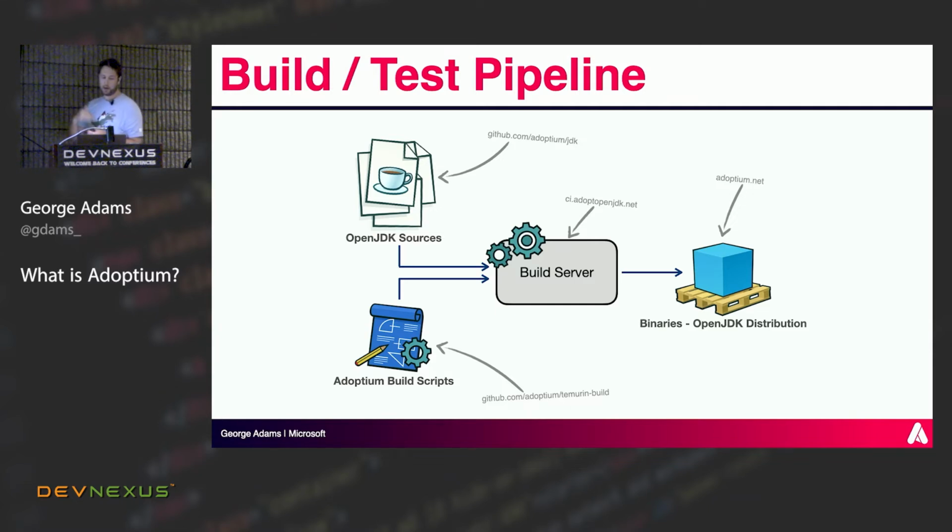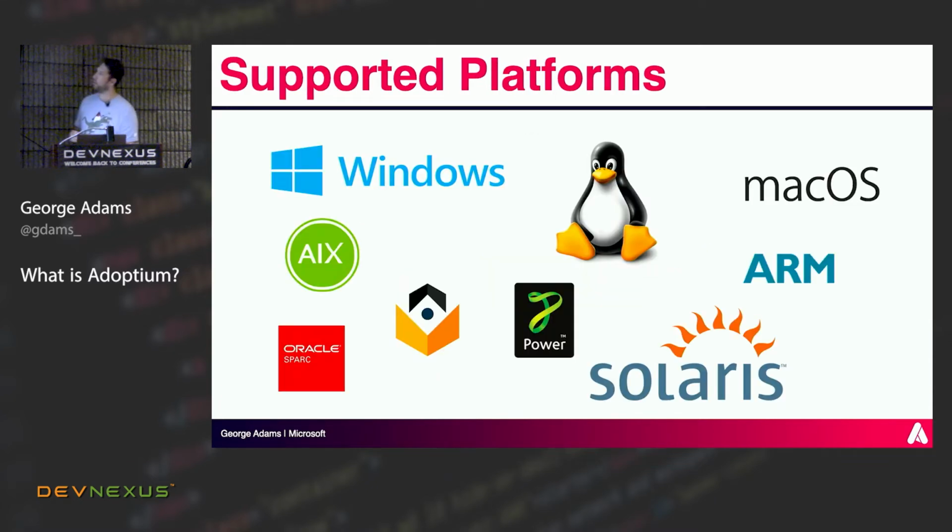And then that churns out the binaries, and they then get pushed up to the website, the API that we have, all of the installers, things like Homebrew, Docker. And we support a really broad range of platforms, as I mentioned earlier. I think, from when I last checked, it is the broadest range. So we actually support the most platforms out there, and this is quite challenging at times.